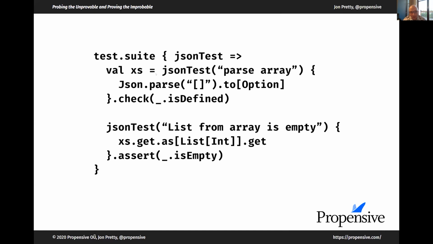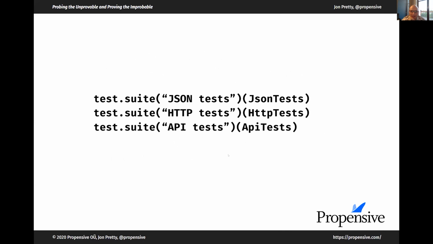So you can see that it's impossible to skip the expression test. That will always run, even if you don't tell it to run. But the runtime could quite easily ignore this one, and it would just not record that result. If the tests are defined in subclasses of suite, then we can just pass them in with another name here. So test.suite. These are themselves tests.